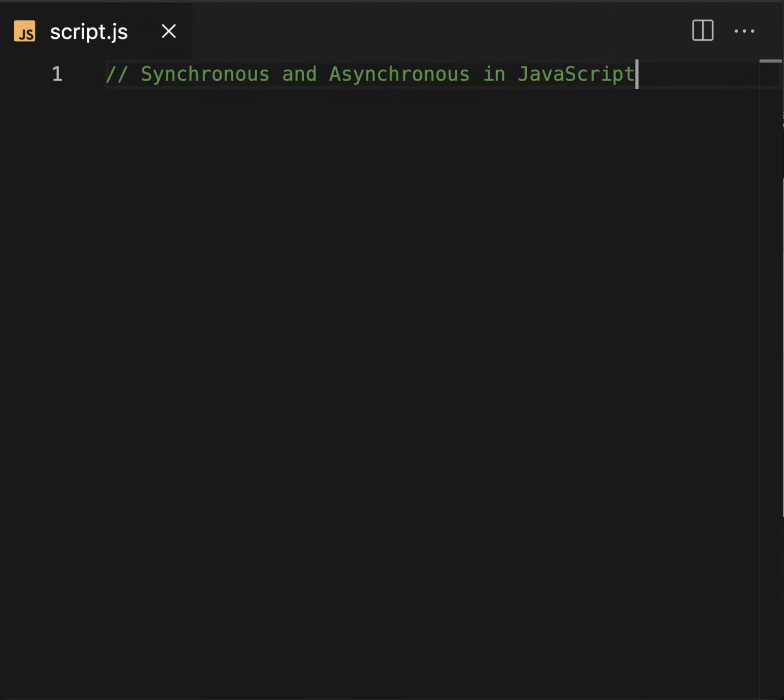For the synchronous method you can understand it like this: synchronous code executes line by line, blocking the program execution until each line of code is complete.